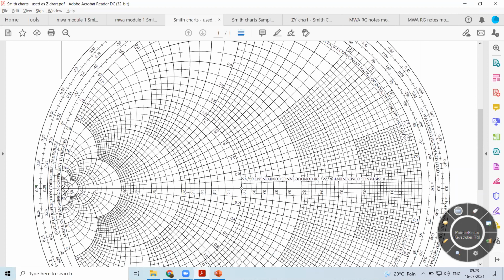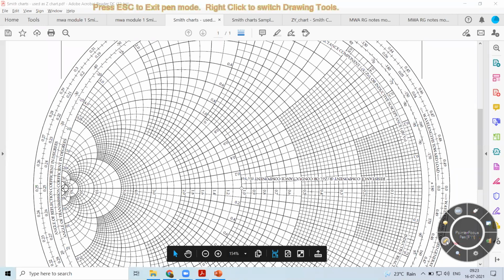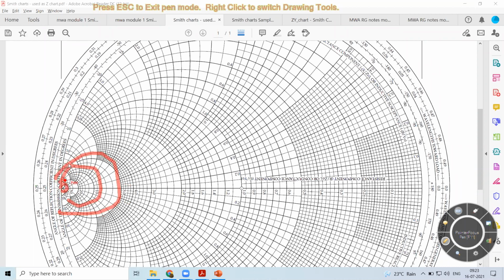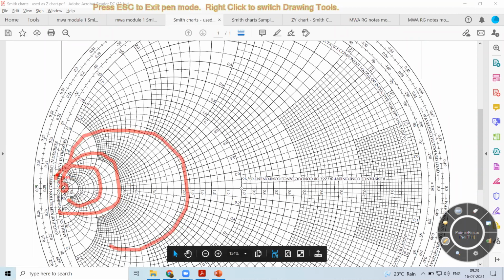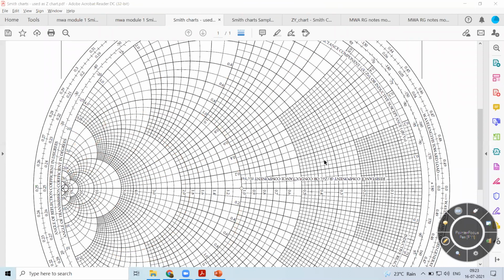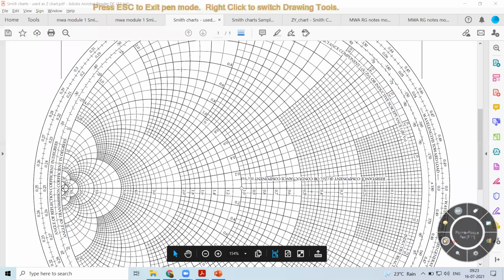Now, I don't want all the other steps, that is positive, negative, what I'm specifying. I just want to avoid that. Then I can rotate the entire chart. If I rotate the entire chart, the circles will be starting from the left hand side of the screen. So these are again conductance circles. These are conductance circles. These are susceptance circles. But there will be slight changes which you can observe.